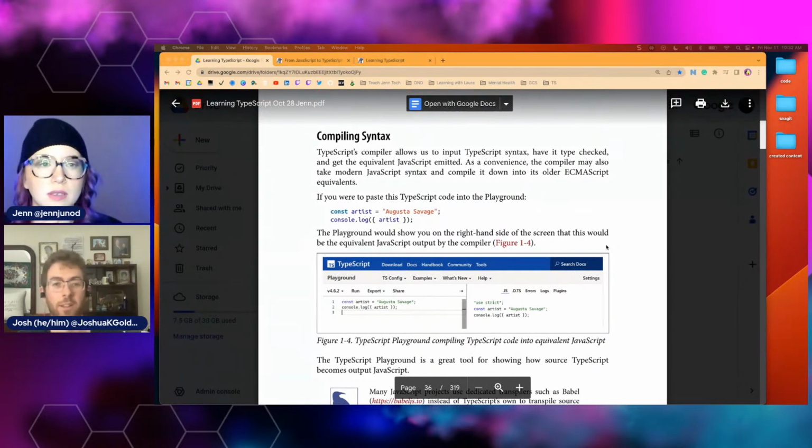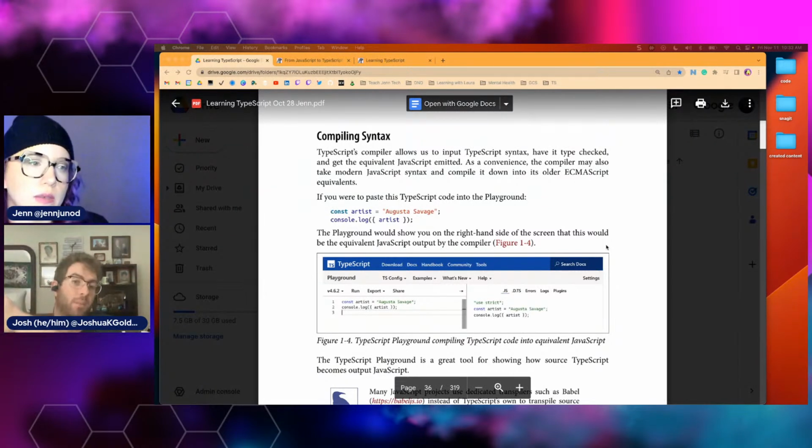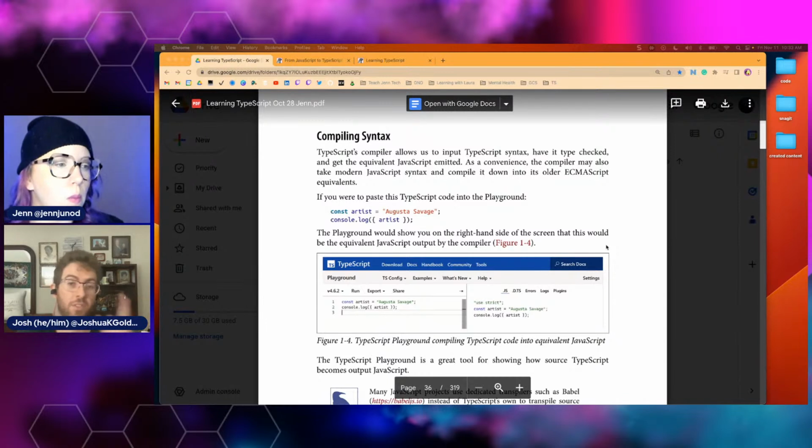Do you remember what a compiler is? It takes something and makes something else. Yes, exactly. So now we're talking about it for your syntax. We take in your TypeScript source code, the text, we call it sometimes the syntax, and it outputs your JavaScript syntax. So in the photo of the playground, TypeScript on the left, JavaScript on the right, the compiler took the left and created the stuff on the right.